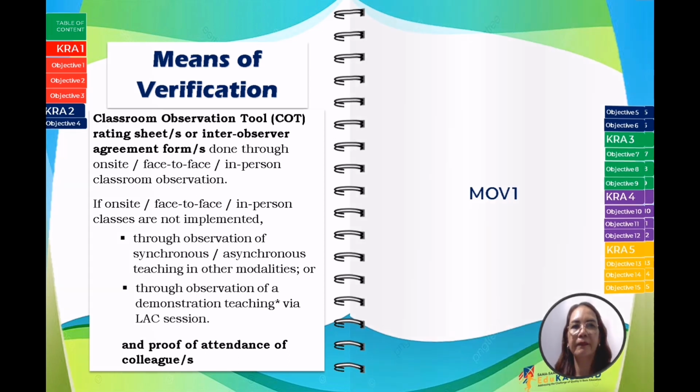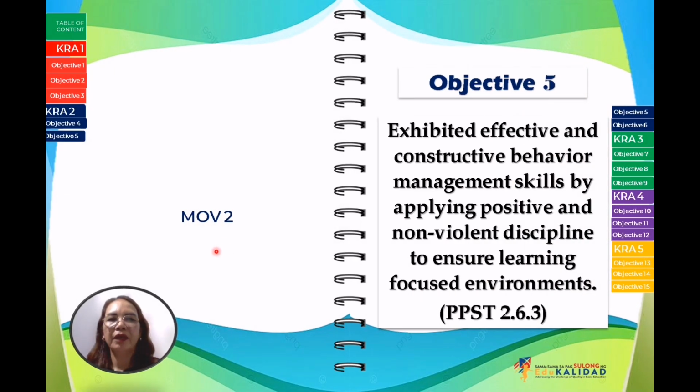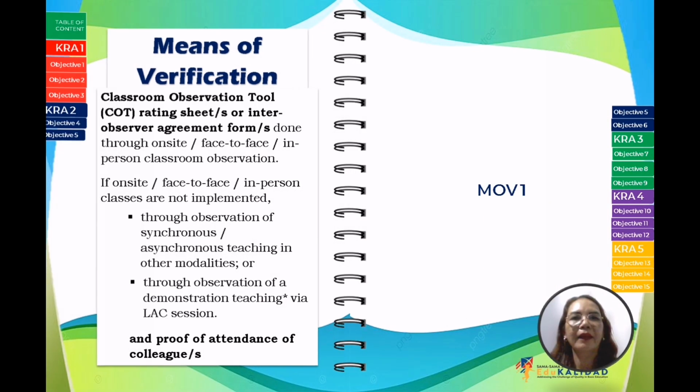MOV1 and MOV2. And for Objective 5, exhibited effective and constructive behavior management skills by applying positive and nonviolent discipline to ensure learning-focused environments. That is PPST 2.6.3. Means of verification, COT rating sheet, or inter-observer agreement form with proof of attendance of colleagues. Kailangan natin dito ay dalawang MOV. MOV1